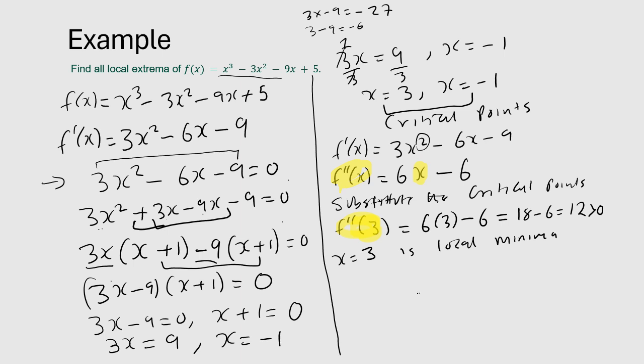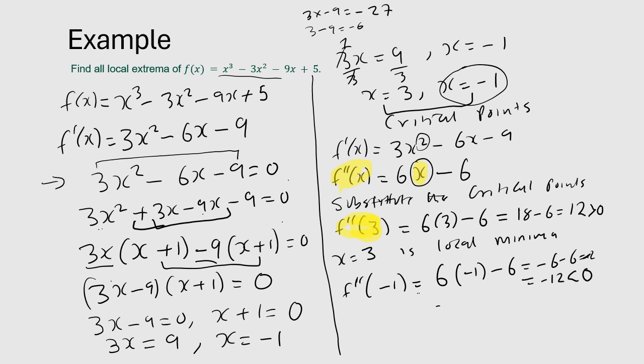Then the next is to substitute the other critical point, which is x equal to minus 1. So this is 6, and instead of this x, I substitute minus 1, minus 6. So this is 6 times minus 1, which is minus 6, minus 6. Then this is minus 12, which is less than 0. So x equal to minus 1 is a local